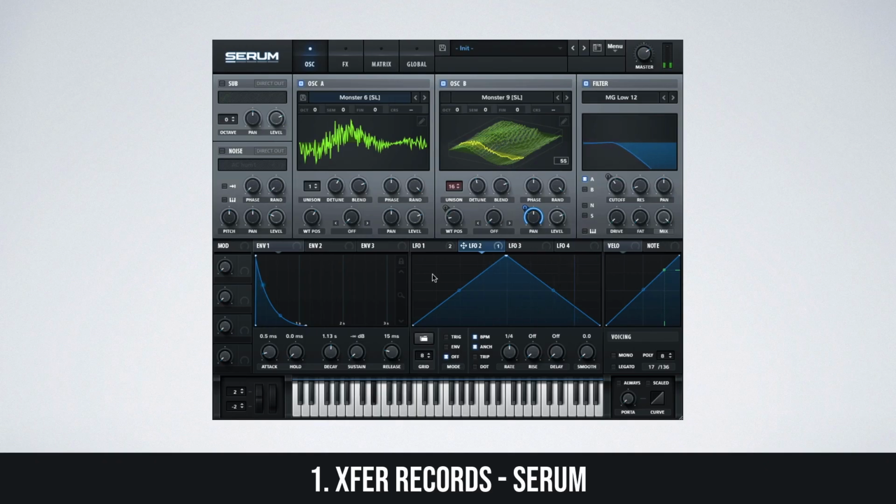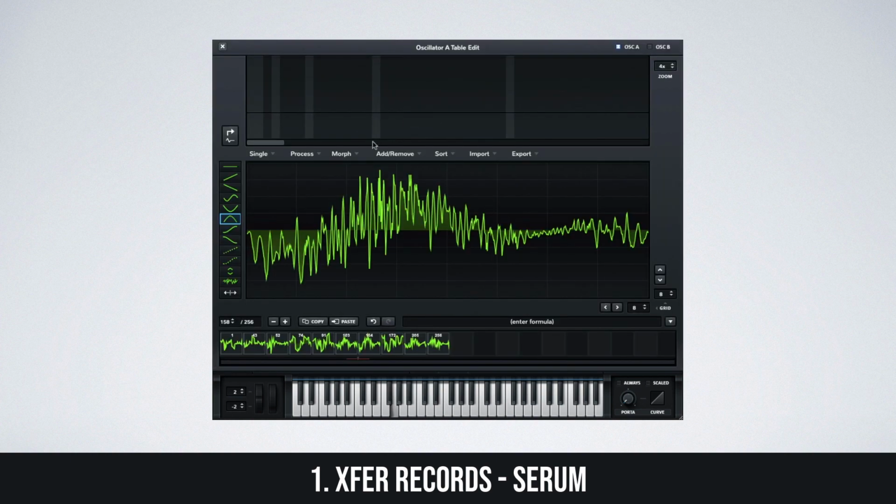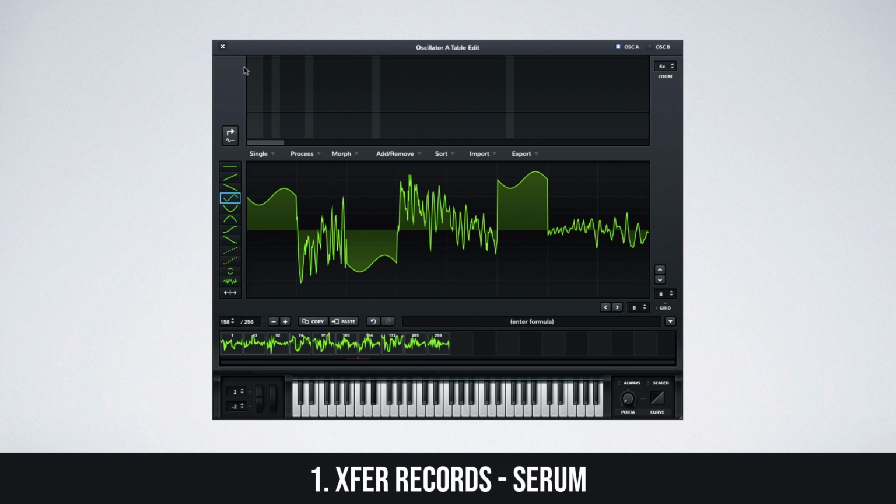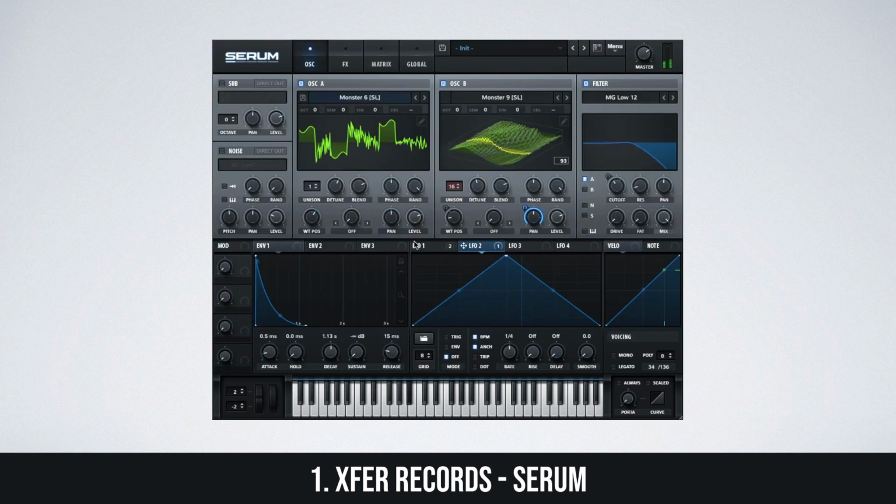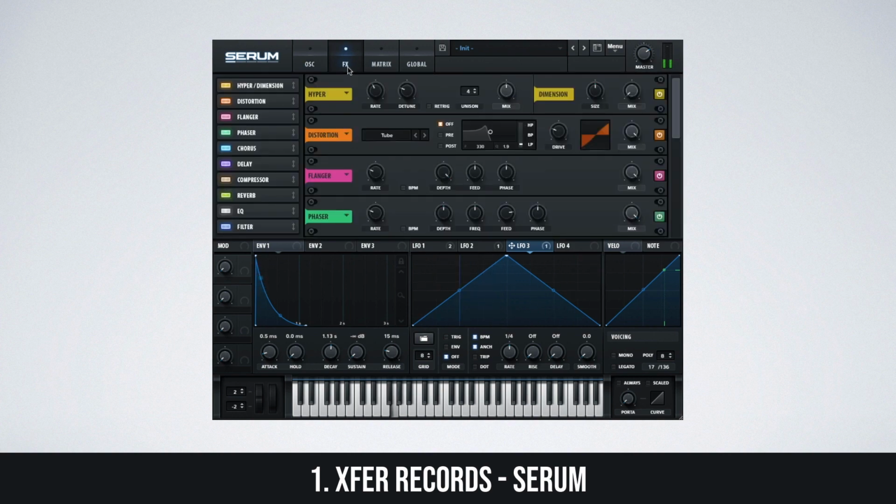Serum is a wavetable synthesizer produced by Xfer Records that lets you create, import, edit, and morph wavetables. It boasts a workflow-oriented interface that makes creating and altering sounds fun as opposed to tedious. If you're looking for a versatile, multi-purpose synth, Serum is an excellent option. This synth delivers 2 ultra-clean oscillators with 16 voices per oscillator, click and drag modulation application, tons of different filters, and 10 built-in audio effects.